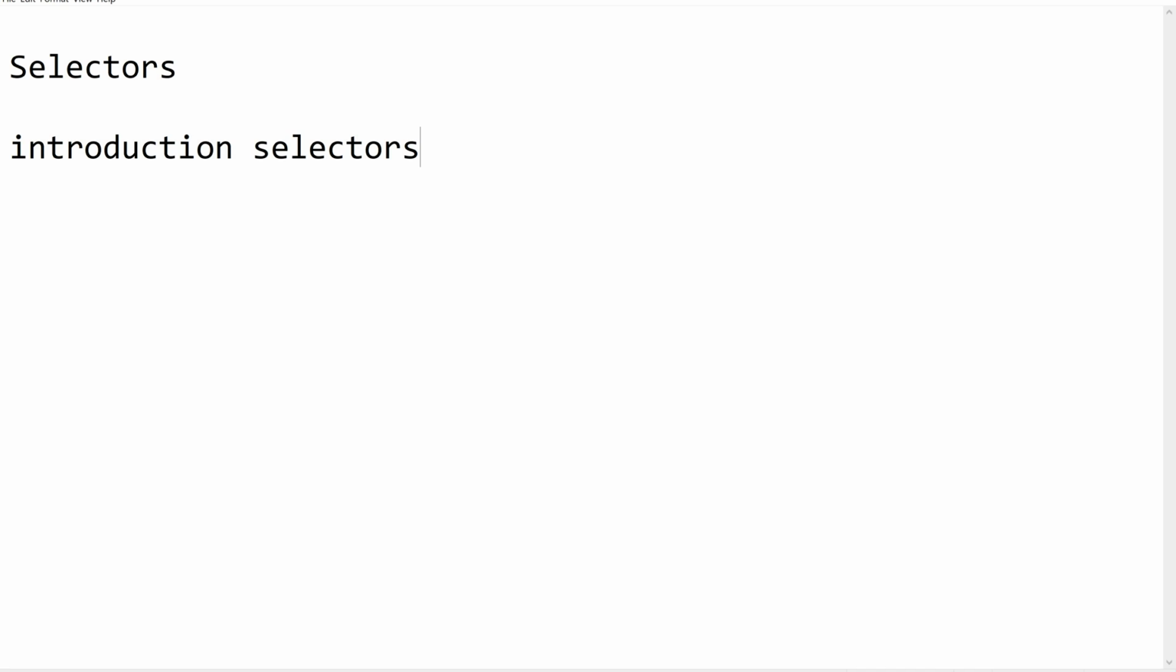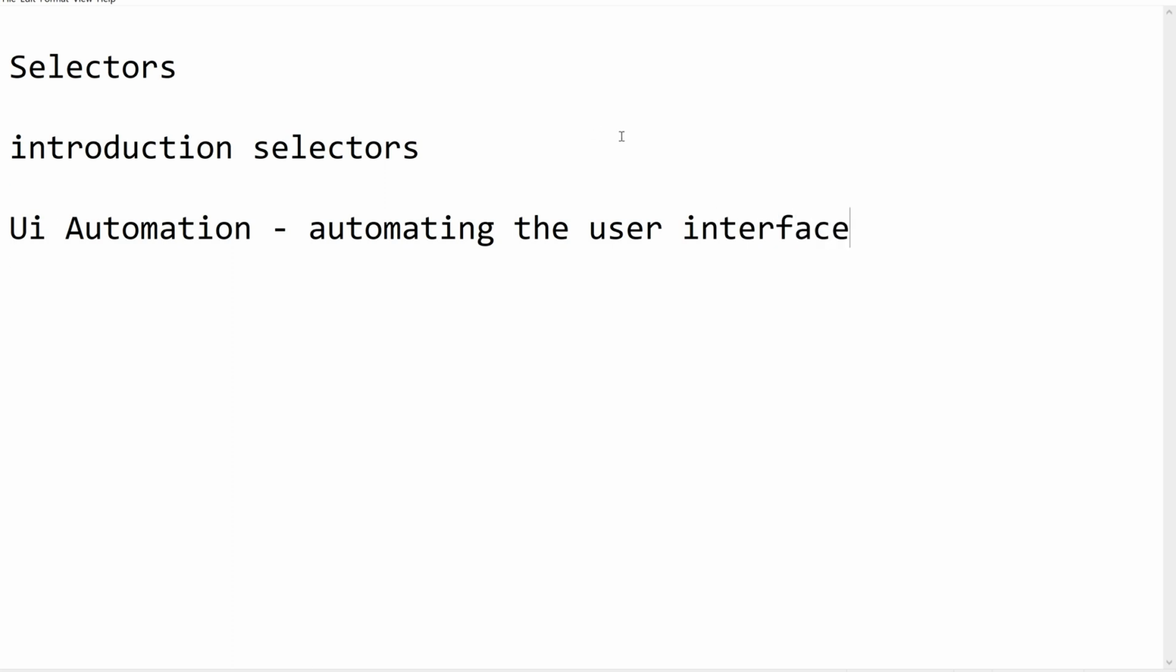So let us start understanding this selectors concept in UiPath. Selectors, as the name says, it helps the bot or the executor to select some user interface or to select an attribute. So when we are dealing with UI automation, it is nothing but automating the user interface, right? When we are automating a user interface, that means a graphical interface, whether it is a